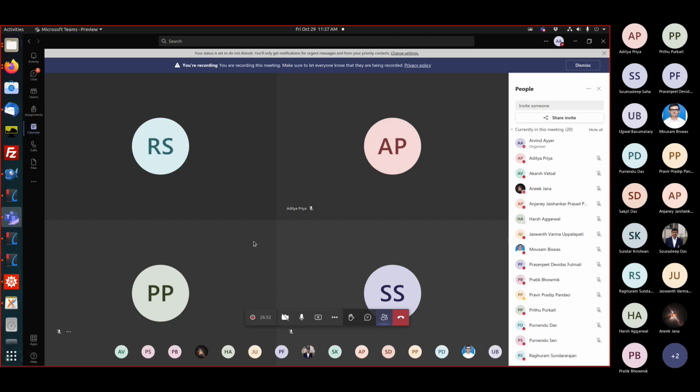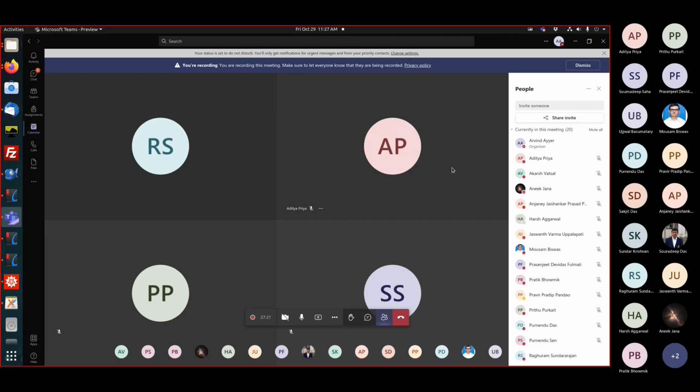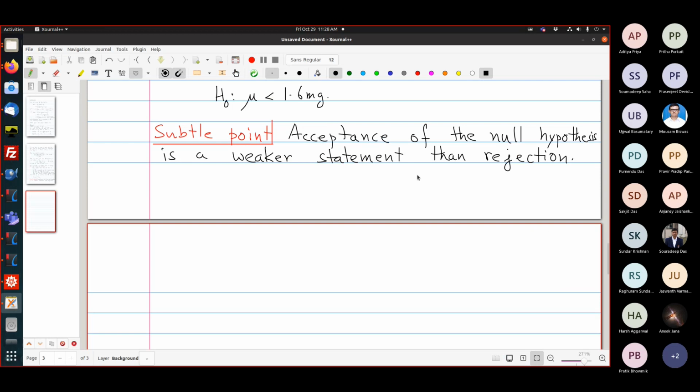You have a prior reason for believing that something is true, and you have this data, and all that we are saying for accepting the null hypothesis is consistency. It's whether this data is consistent or not. And we allow ourselves a lot of freedom for that, and only with 5% probability in this example, we are saying that we reject. So if we reject, we are saying that it's very unlikely, like 5% unlikely, that we were wrong.